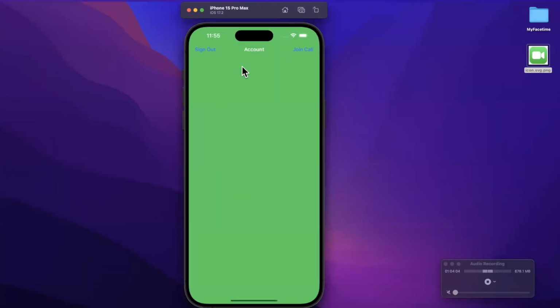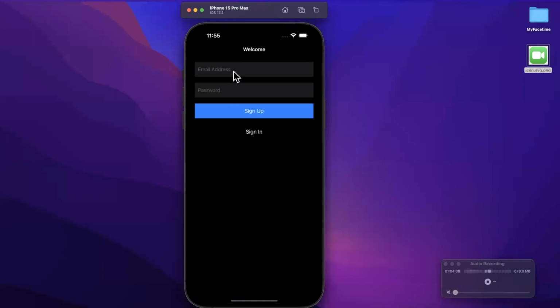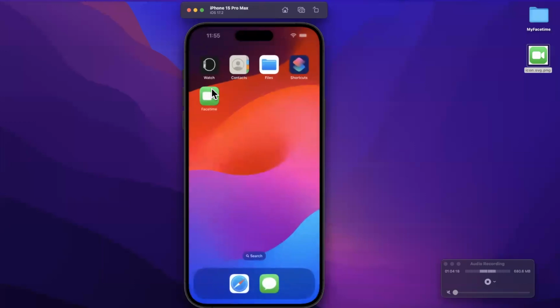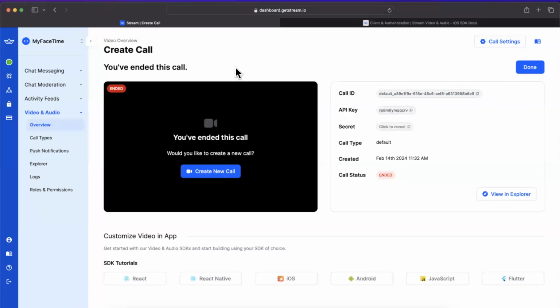So if I close and reopen, all right. Let's go back and create a new account. So here, let's say I want to create an account, and this is going to be me@gmail.com, and we'll say the password is password, and we should be able to sign in. All right, let me close the app and reopen. Should stay signed in, and let's come back here